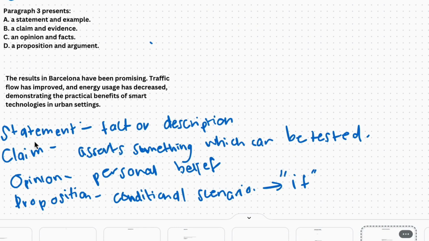So we're going to take the fact that we've now discussed and defined this and look at this given our passage. The results in Barcelona have been promising. Is it a statement? Well, it's not a fact. To me, it sounds more like a claim, but these two are closely related. So I would put a bigger dot here because it feels like a claim. Is it an opinion? No, it's not suggesting a personal belief. Is it a proposition? No. So automatically I would rule these two out